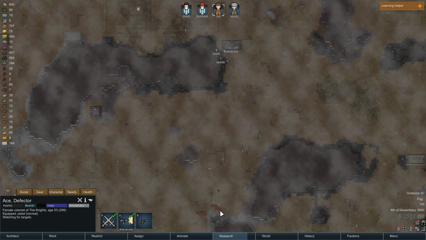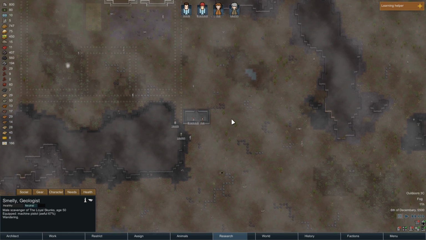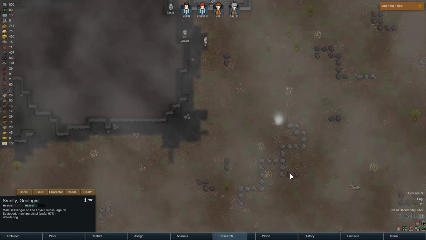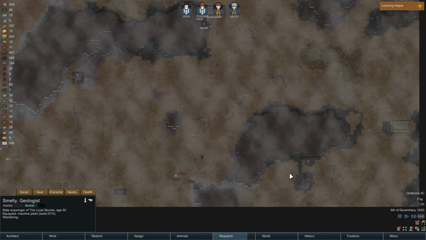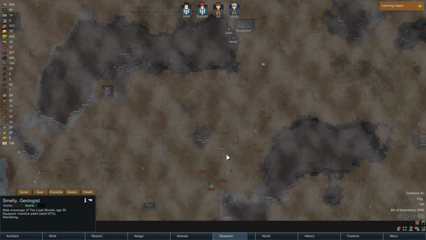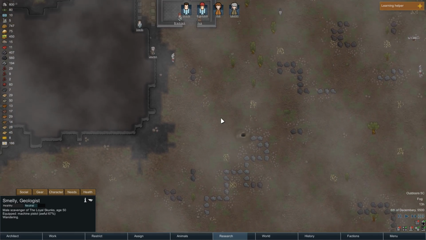This is going to be a rough fight because I think two of these guys have assault rifles. Yeah, we've got a bolt action rifle, a machine pistol, and another machine pistol. So that's not exactly ideal. But we'll see what happens. They're going to start their attack here pretty soon. Hopefully we'll be able to...